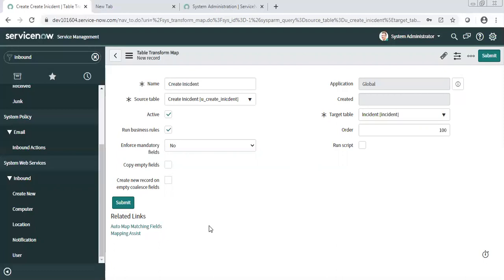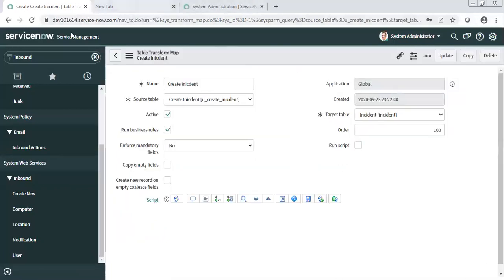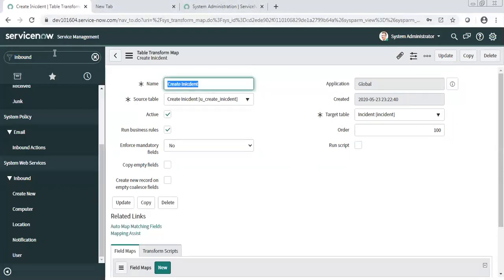So to transform the data, what do we use? Import set table, right? Sorry, we use a transform map. To transform the data of the import set table to the target table, we use a transform map. What we will do is save this and create a transform map. So if I come here,